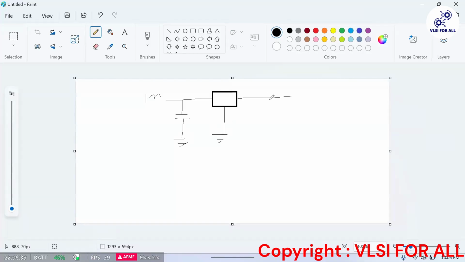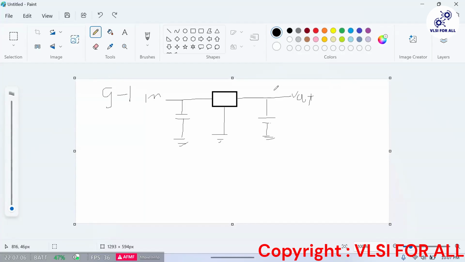This should be the output, and there should again be a capacitor below. So this is our output, Vout. It is just for converting a DC voltage. It is a step down. Suppose you are putting 9 volt to 12 volt, the output will come to be 5 volt.